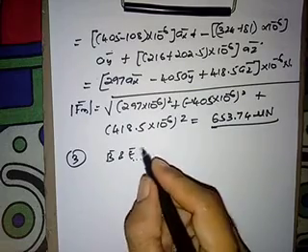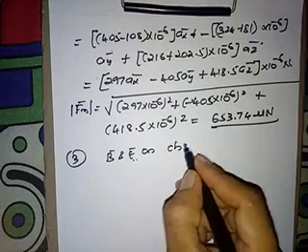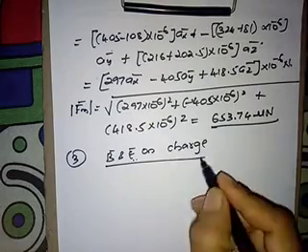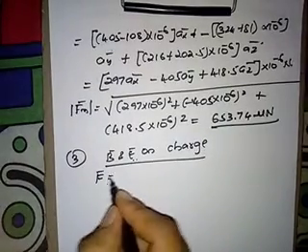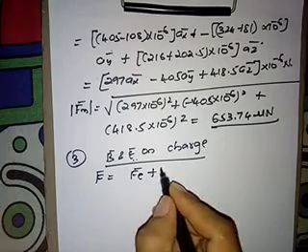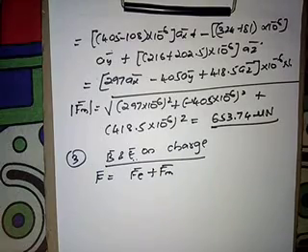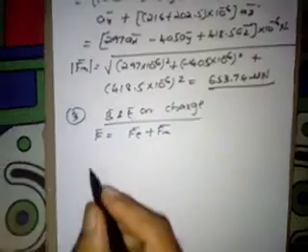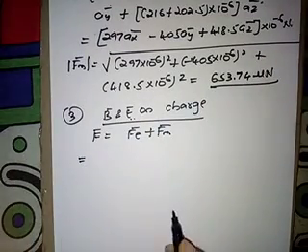Third part of the problem, that is the force exerted on the charge by both B bar and E bar, is given by F bar equal to Fe bar plus Fm bar. That is, it is the addition of the two forces Fe bar plus Fm bar. So just add the two vectors Fe bar and Fm bar.